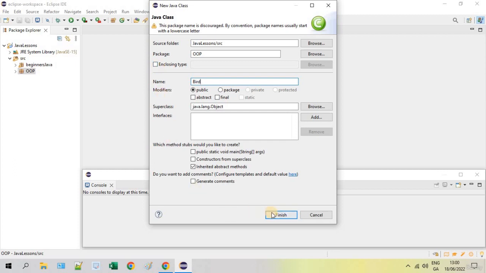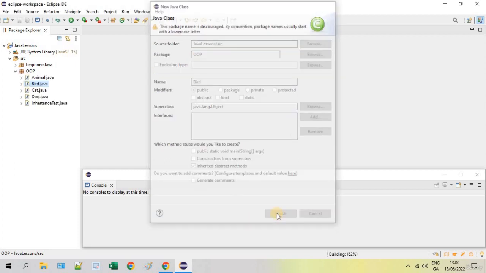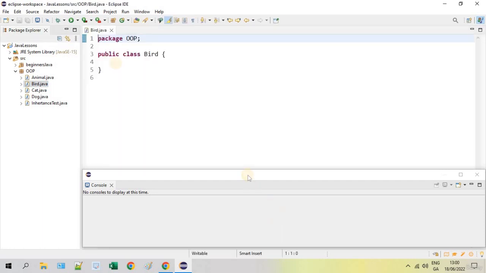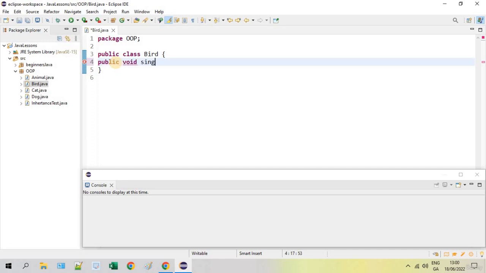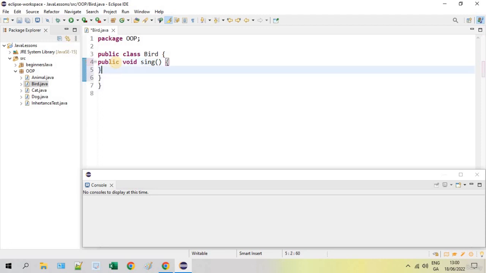In this class bird, I'm going to create a method called sing, public void sing, because they all sing, and in here I'm going to say system dot out dot print line. Let's say all birds